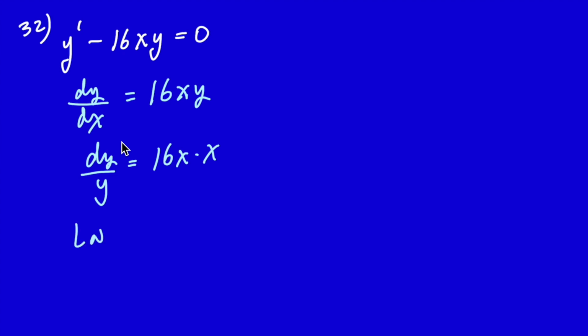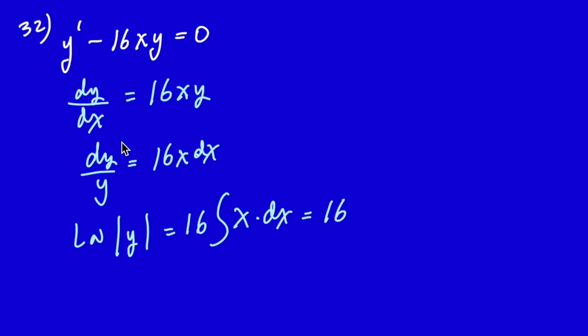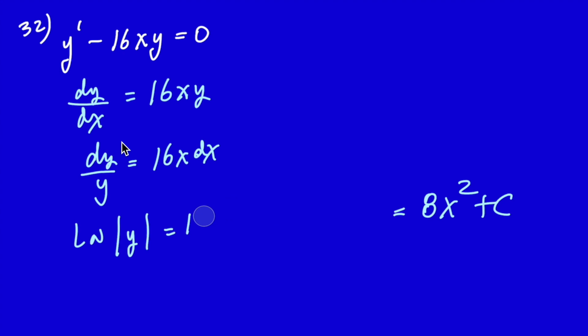Okay, when we integrate, we're going to get natural log of absolute value of y, sorry, that was dx, equals 16 times the integral of x dx, which is going to be 16x squared over 2, which is going to be 8x squared plus c. Okay, let me go ahead and erase all this intervening math here and move these closer together,